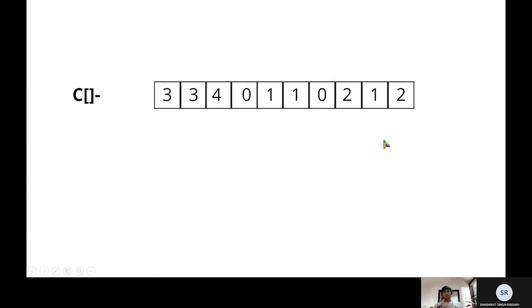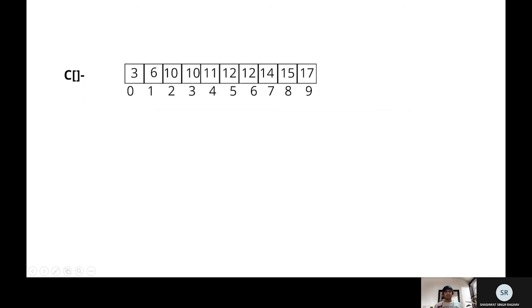Now the third step is compounding, or cumulative sum. We will add the first and second element and replace the second element with the sum, and we will continue this through the whole array. Like here, the sum of 6 and 4 is 10 and we will replace 4 by 10, and similarly the sum of 10 and 0 is 10 and we will replace 0 by 10, and we will do the same for the whole array. Here we note that we should always get the sum as the total length of the array we had in the start.